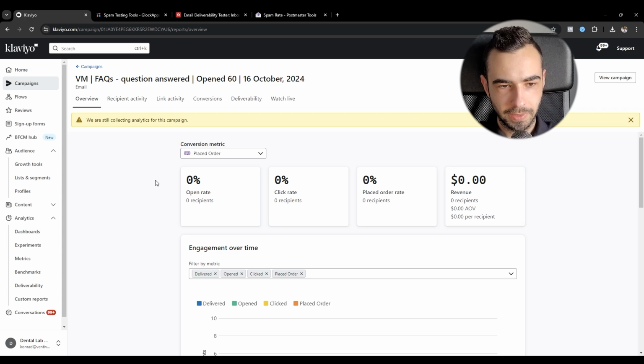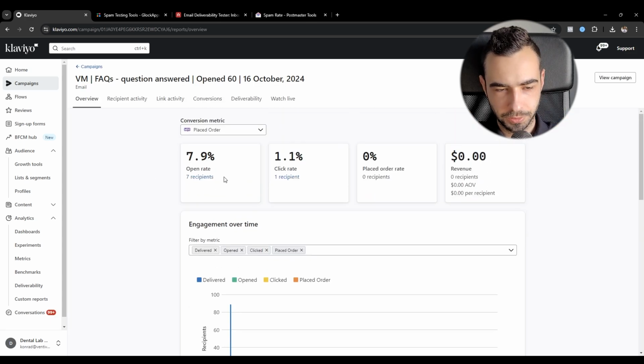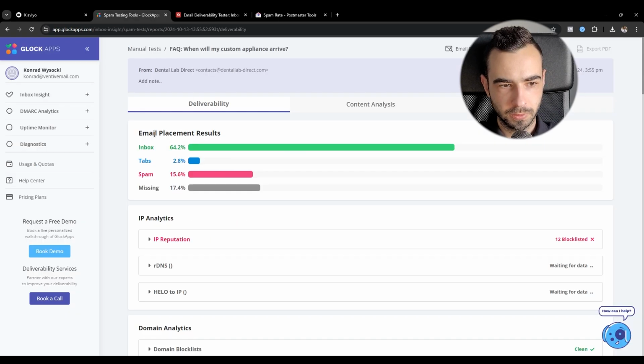Okay, so as you can see, the campaign has finally been sent, and ignore this open, right? Of course it's been a test, so you don't need to worry about this. But then in Glockups you're going to see the results and everything that's going on, and when you see spam being so high, I wouldn't worry about it just now, mainly because you're still concerned about Gmail and not some